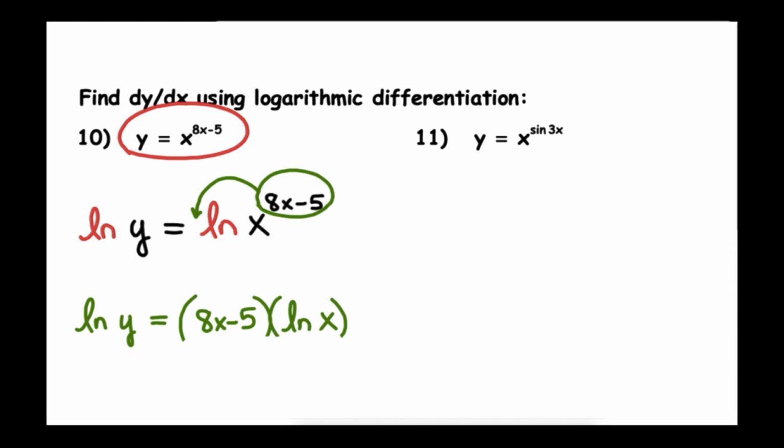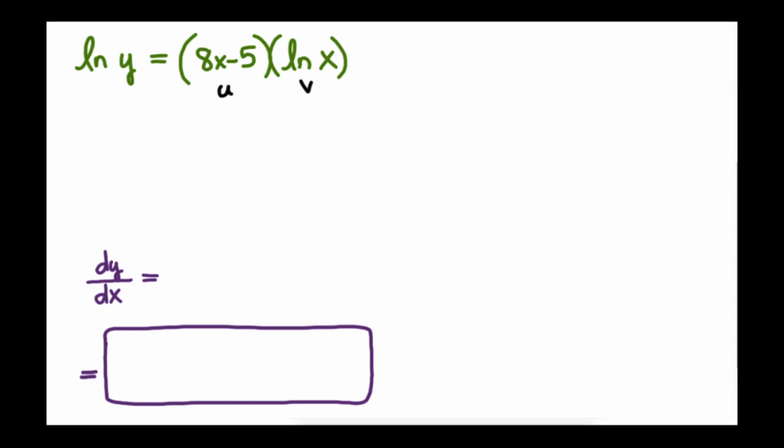All right, now we're ready to take some derivatives. Of course, notice that the right-hand side, you have two things multiplied together, and both of them have x's, so you're going to have to use product rule. u prime v plus uv prime. Okay, I gave myself a little bit more workspace, and here we go. The left side, the derivative of natural log of y is 1 over y dy dx. Implicit differentiation. On the right-hand side, you're going to have u prime v, that'll be 8 ln x,